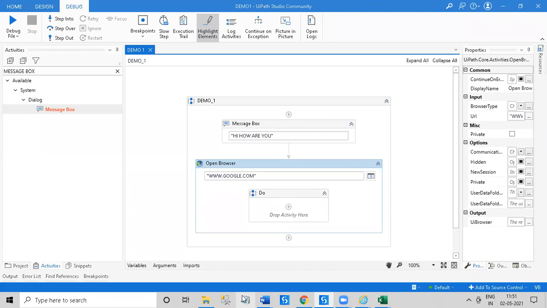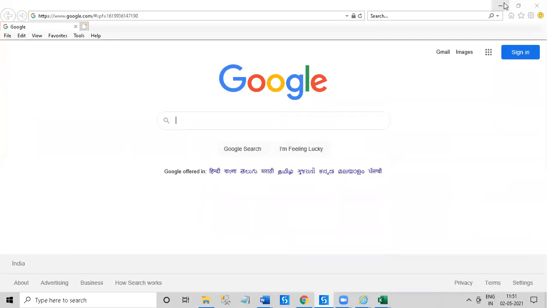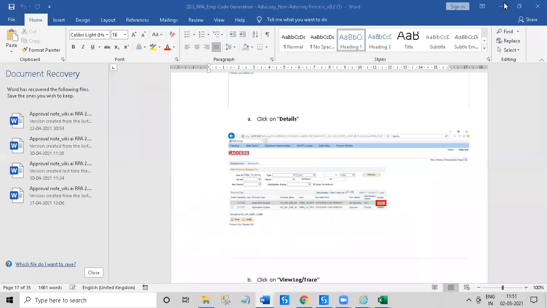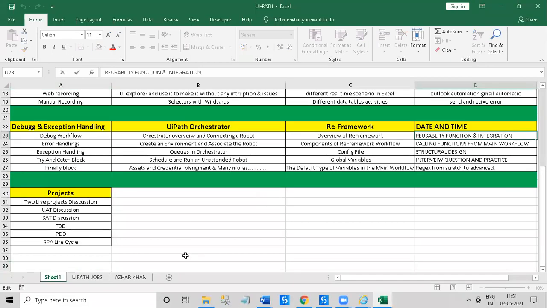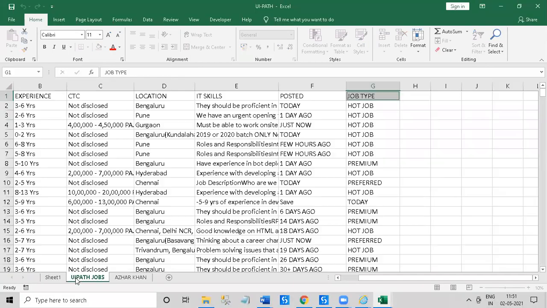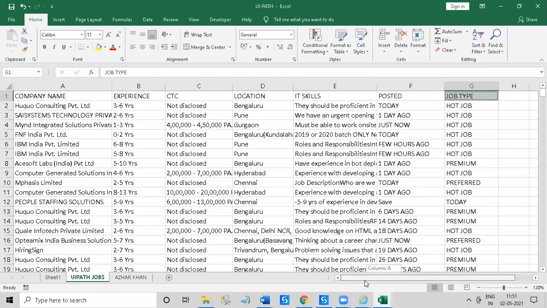So far as jobs are concerned, there are a number of UiPath jobs present in the market.